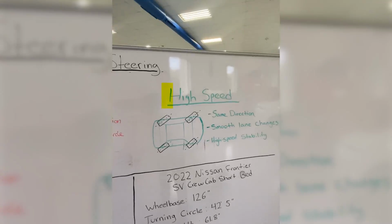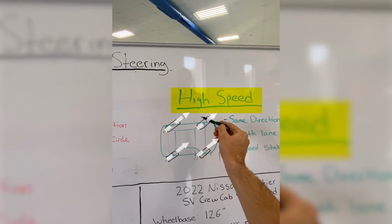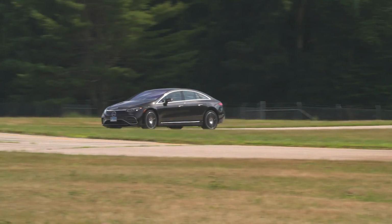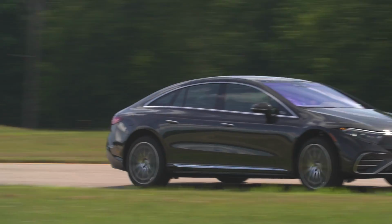The other state is actually at higher speeds, where the rear wheels turn in the same direction as the front wheels. Now, the purpose of this is to smooth out things like lane changes and really add to the high-speed stability of the vehicle. So to help explain the benefits and the effects of the rear-wheel steering system, I grabbed